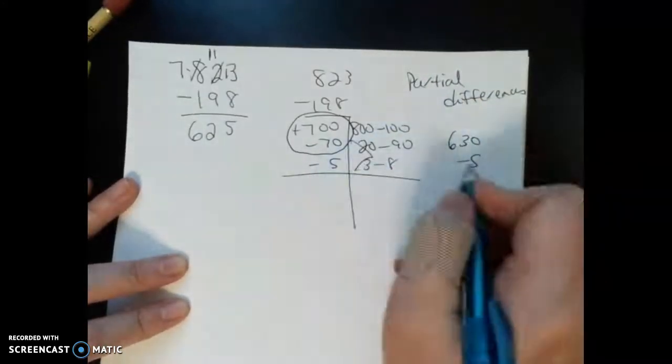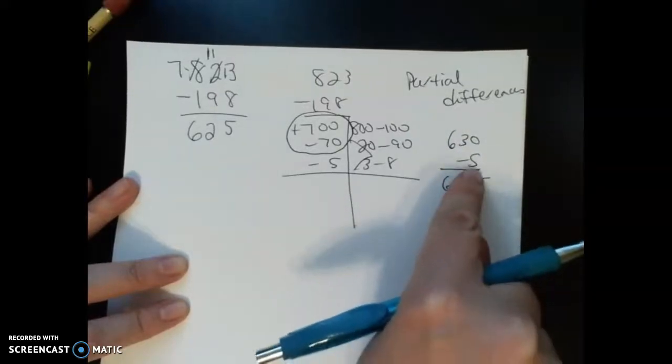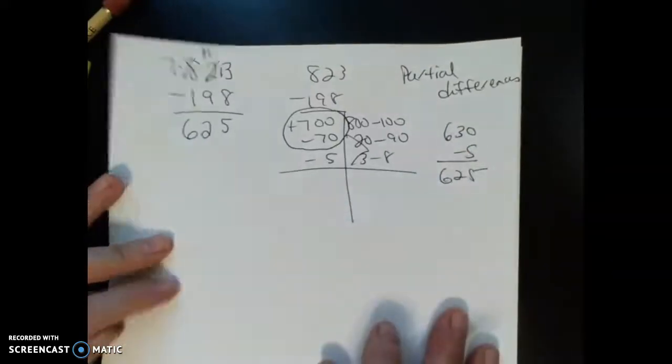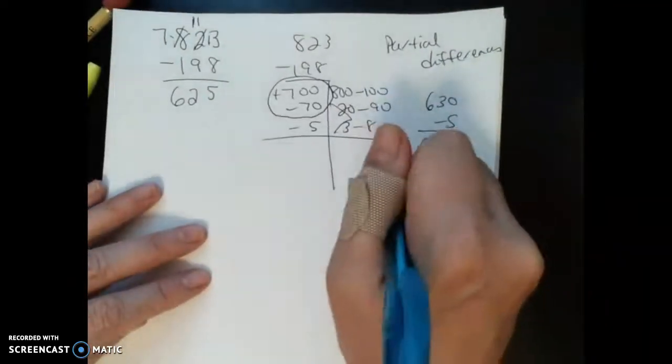And then they're going to combine these. And again, I don't really subtract here. I just add on 625 and that adds up to that. Okay, so they might use a mix of methods. Again, be careful with partial differences. Remember, if you have like